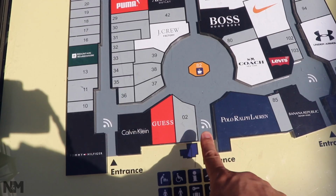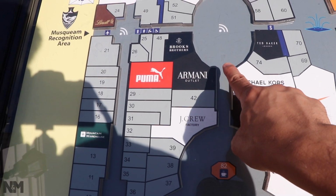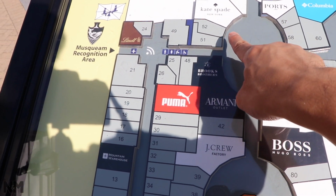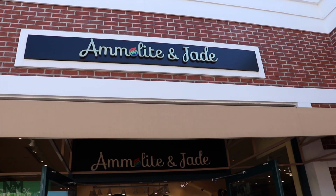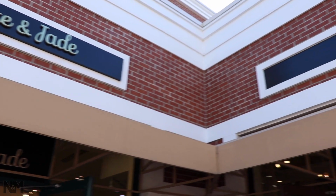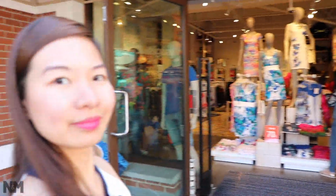We entered the outlet mall through here. We went through around this area, went to the second circle, and now we're at this spot right here. Got a few more stores to cover. We're back at Amolite and Jade, and if you turn right, you're gonna see the Sigil that has everything for